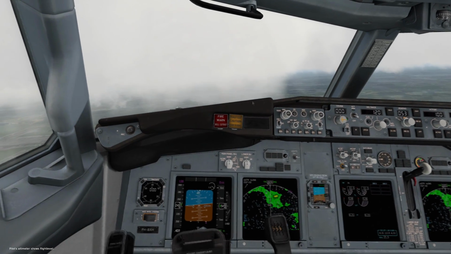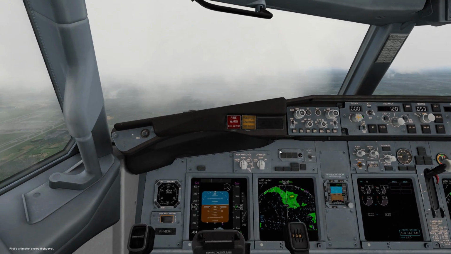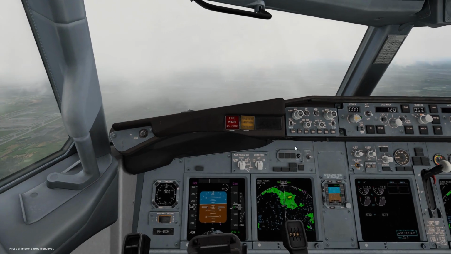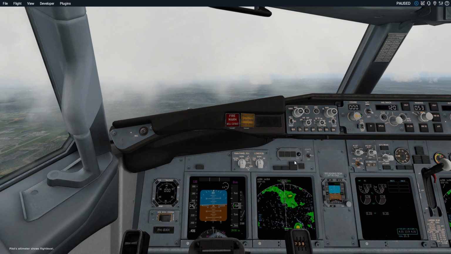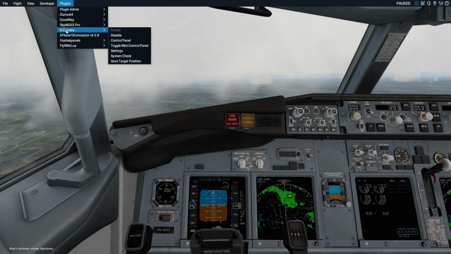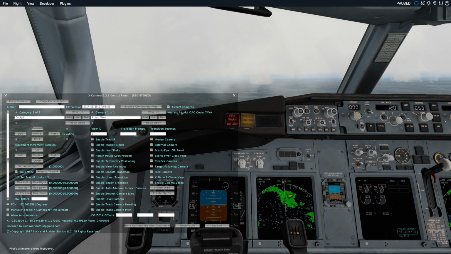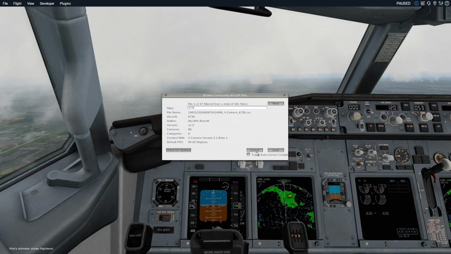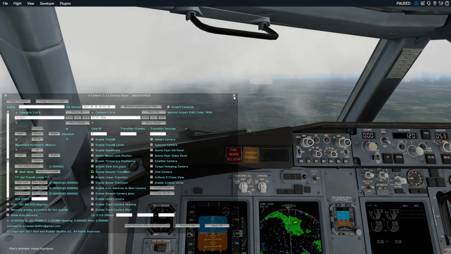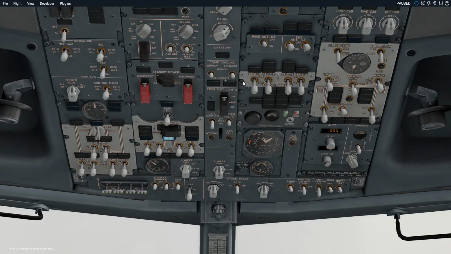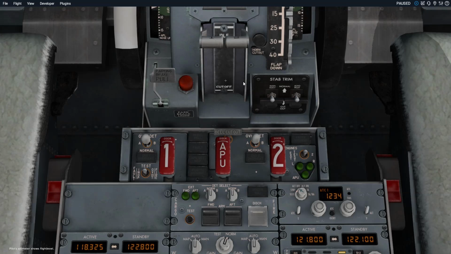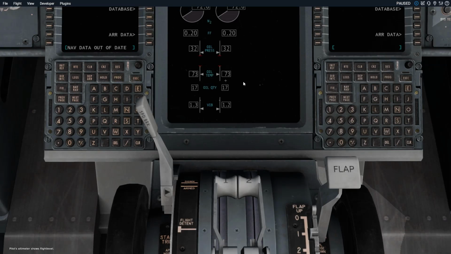Okay guys, so welcome back, and as you can see we're just coming through the cloud now. I'm going to land at this airport over to the left, but for now, sorry, let me just pause this. I do actually have to get some views going for this so that we can get down to the speed brakes, which let's try and find out where they are. There they are. Oh no, there they are. Right, so we'll